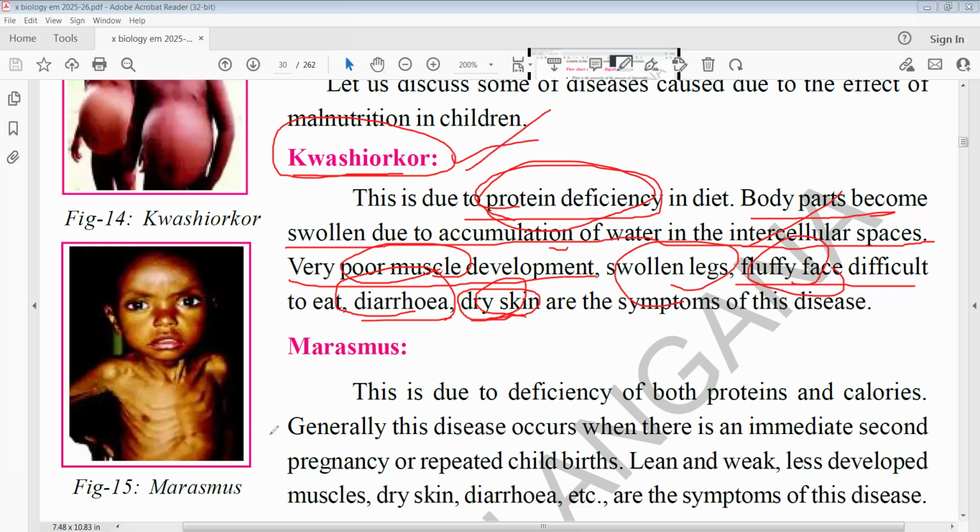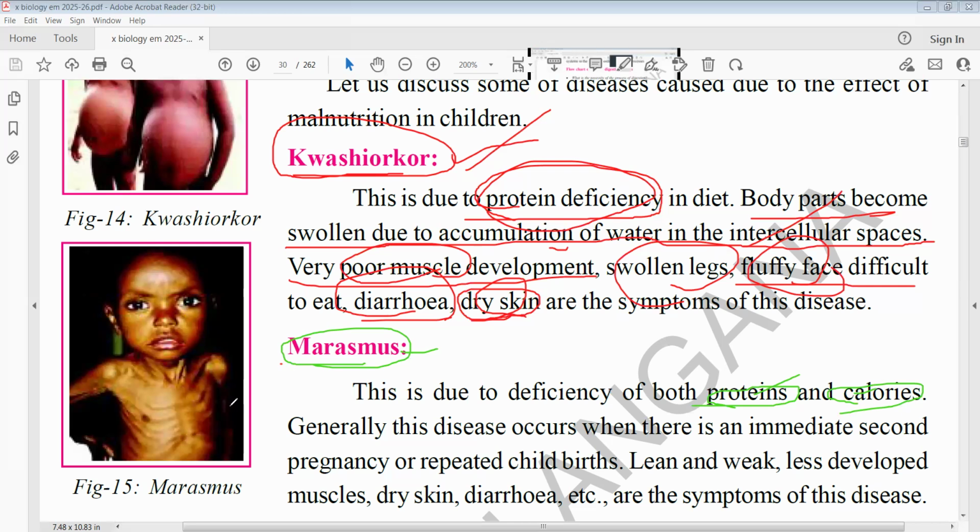Now the second malnutrition disease, marasmus. Marasmus is due to deficiency of both proteins and carbohydrates. Here calories and carbohydrates are the same. So due to deficiency of proteins and calories, this disease is caused. Which one? Marasmus. And also this disease is caused